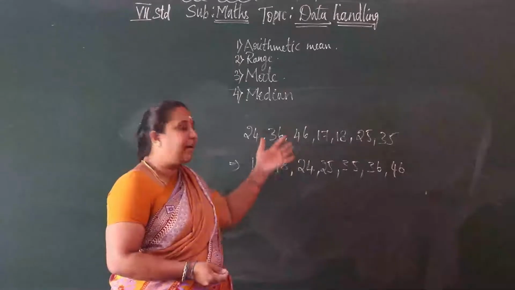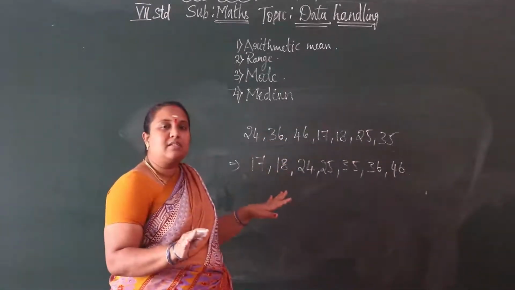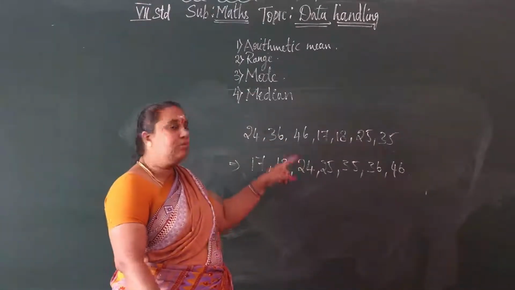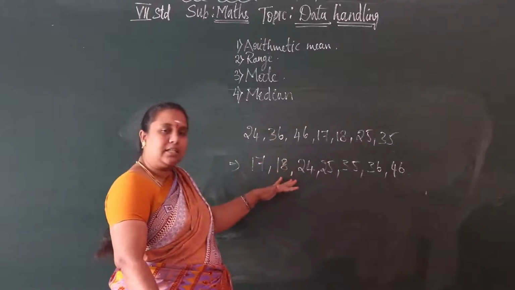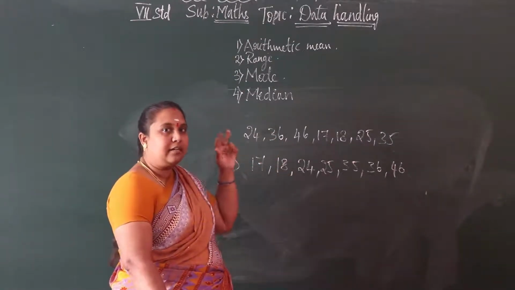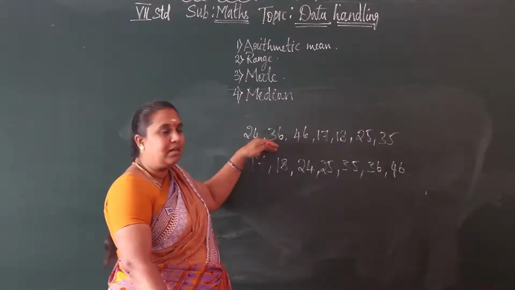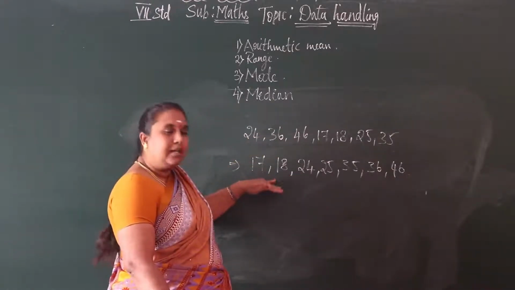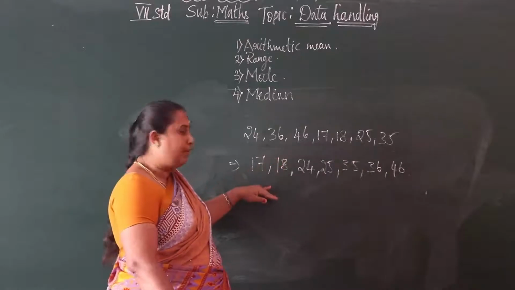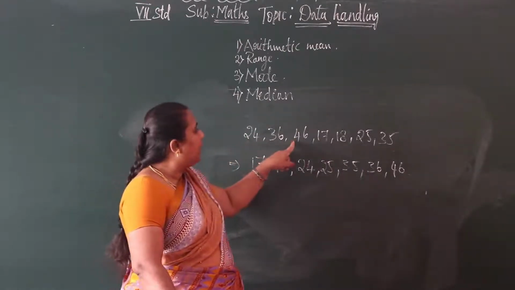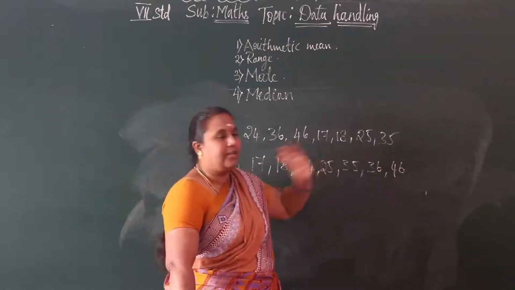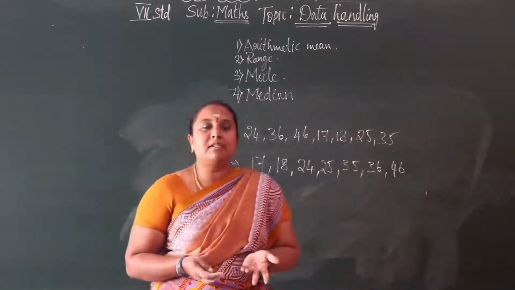If you leave out one number, the total is wrong. So count once in the question and count once in the ascending order. Keep it in your mind. Count how many numbers of data we have in the question, and count them in ascending order form too: 1, 2, 3, 4, 5, 6, 7. Here also we have 7 numbers.